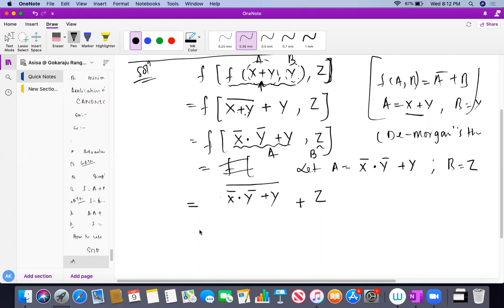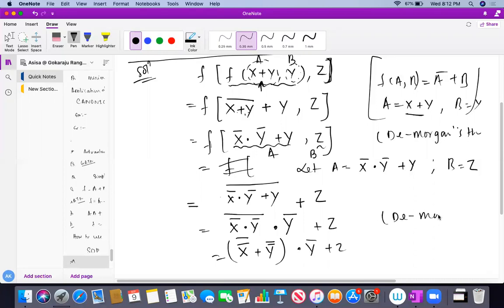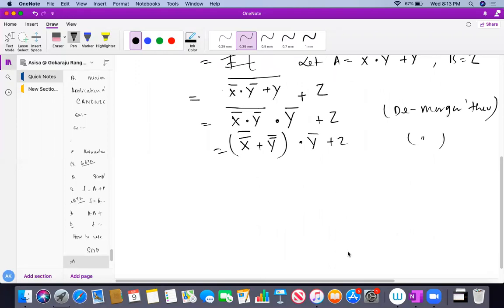Now I can easily solve this. I can again apply De Morgan's theorem over here. Break the bar, change the operator, or will change to and, and simply z as it is. So if I again apply De Morgan's theorem, it will be x bar's bar or y bar's bar, and y bar or z. I am just applying De Morgan's theorem step by step, until I have no inverters left. x bar's bar is x, so x or y and y bar or z.